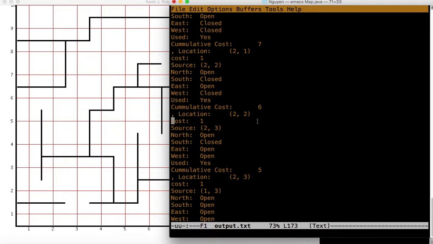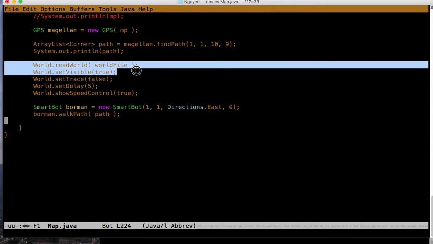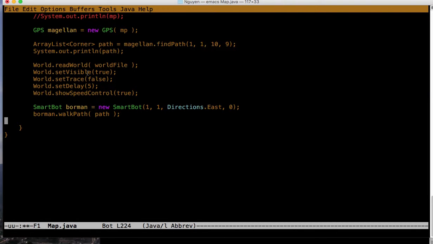So now I'm going to take it to the next and final level here, which is to actually have a robot run and solve everything. All right, so I updated my code. Starting here, I've added all the stuff that's required to open up a world, read world, set visible, set trace, set delay, all this good stuff that involves the world of Karel. I've created a smart bot object, the variable is named Borman, after the great astronaut Frank Borman. And I've put it in 1.1 facing east, and then we're going to call